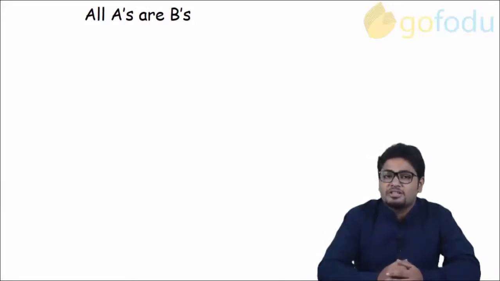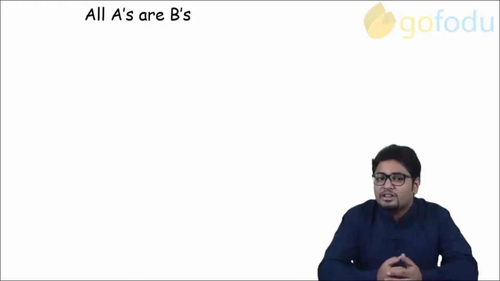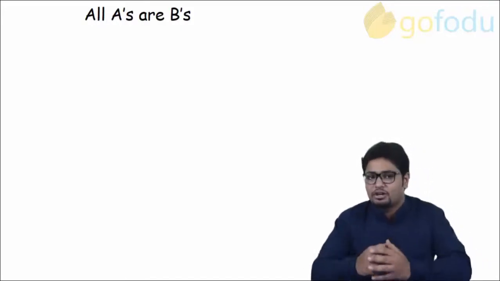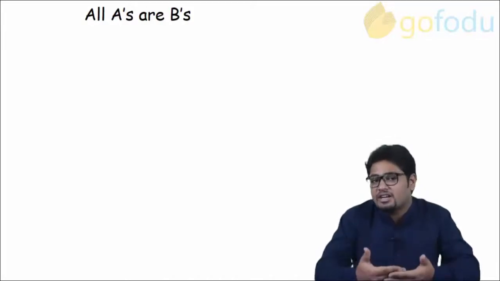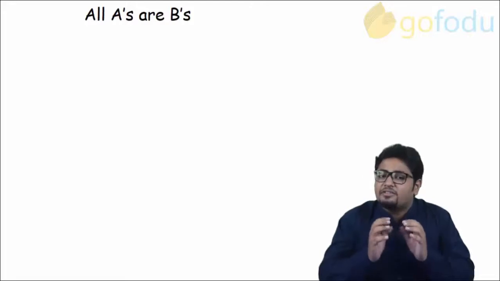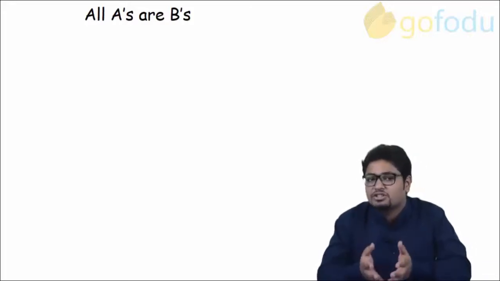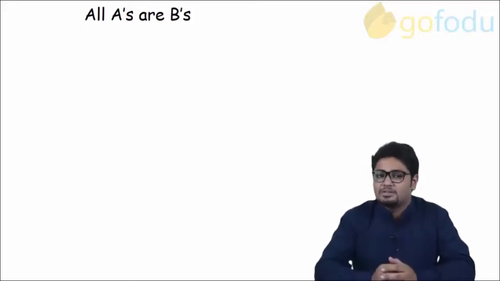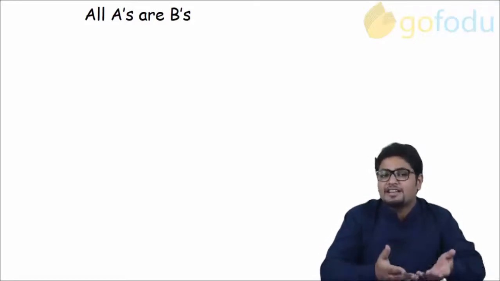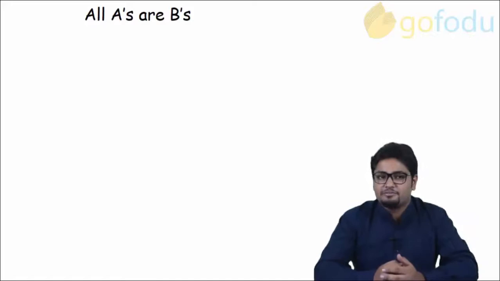Coming back to the premise, these often start with the words all, some, no and some not. We will understand each type one by one. The most basic and efficient method to learn syllogism is using Venn diagrams. Let's start with the first type, which uses all as the initial word in the premise.